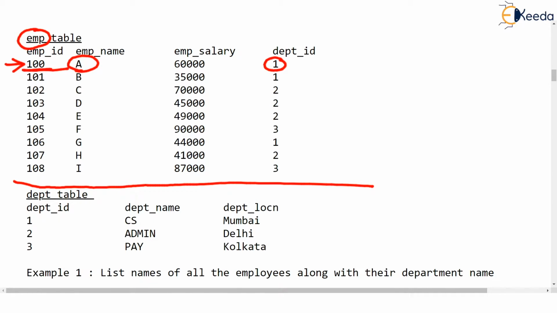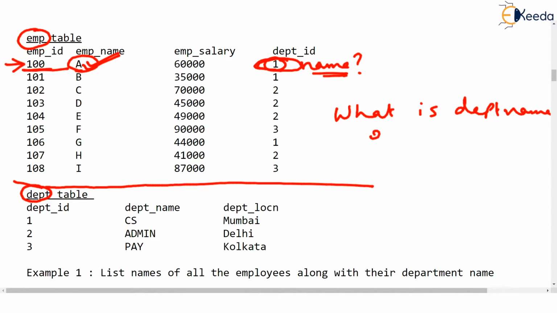Now the problem is you don't have the name of this department over here. You have the department number. But you want to list the employee name and the department name in which that person works. So what you would do, okay, we have another book called DEPT in which we have recorded department numbers and the name of the department. You will take this entry 1 and will say, wait a minute, what is the department name of department ID equal to 1?